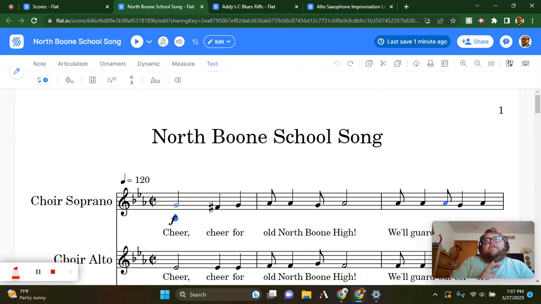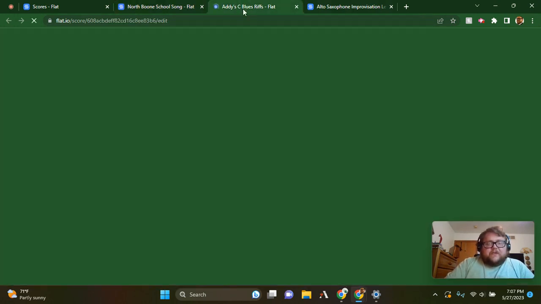This software I like so much because it's got everything, but it's also very simple. Once you really have those key signatures down or the hotkeys down, it's very manageable. One other thing I like using Flat.io for is creating my own teaching materials. For example,